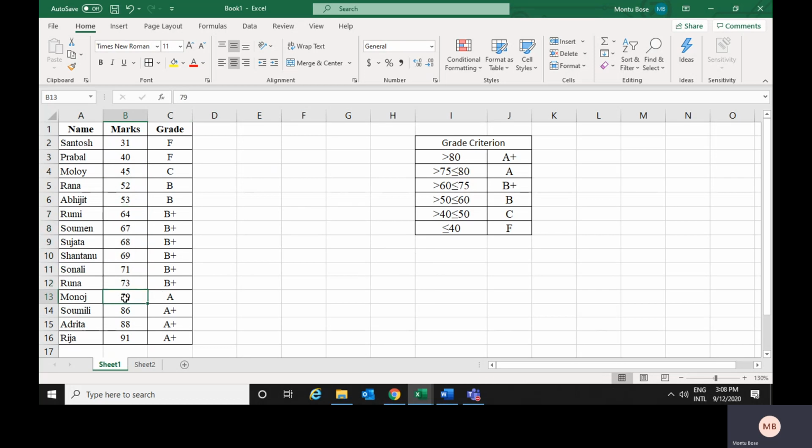And 79 is coming within this bracket, so it is A. And the rest, 86 to 91, greater than 80, are graded as A. Hope you have understood how we are using the Excel if function to grade.